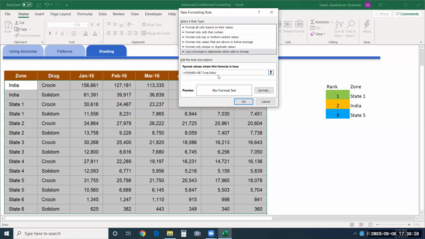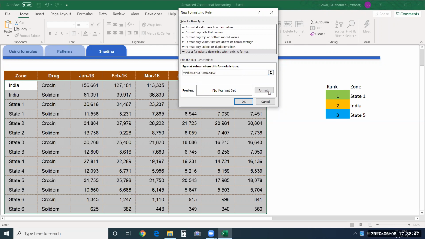Just create a copy of this function. You cannot use keyboard keys here. You need to use the mouse and copy it.